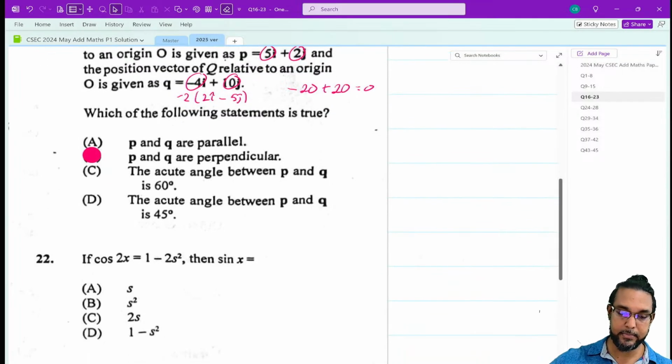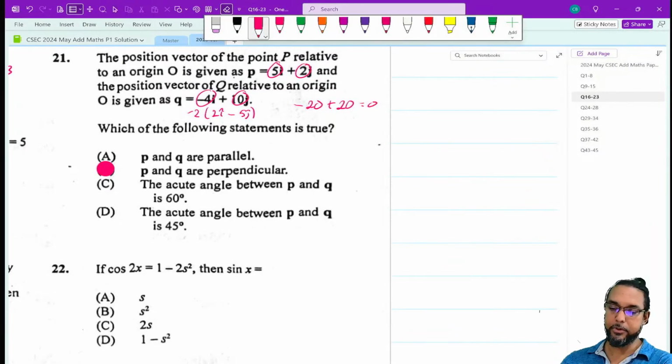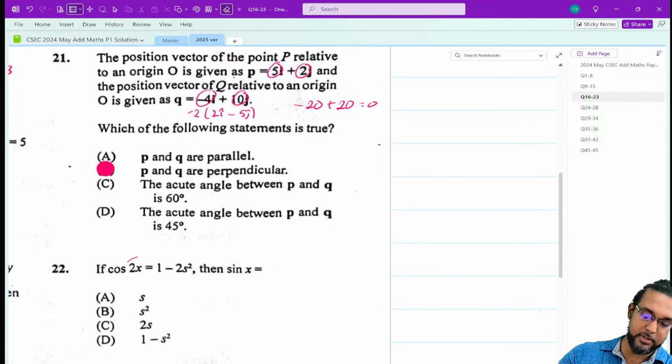Add math. Alright, 22 now. And with that, we'll be about halfway through the paper. The easier half, right? Cos 2x. Okay, so if you expand cos 2x,